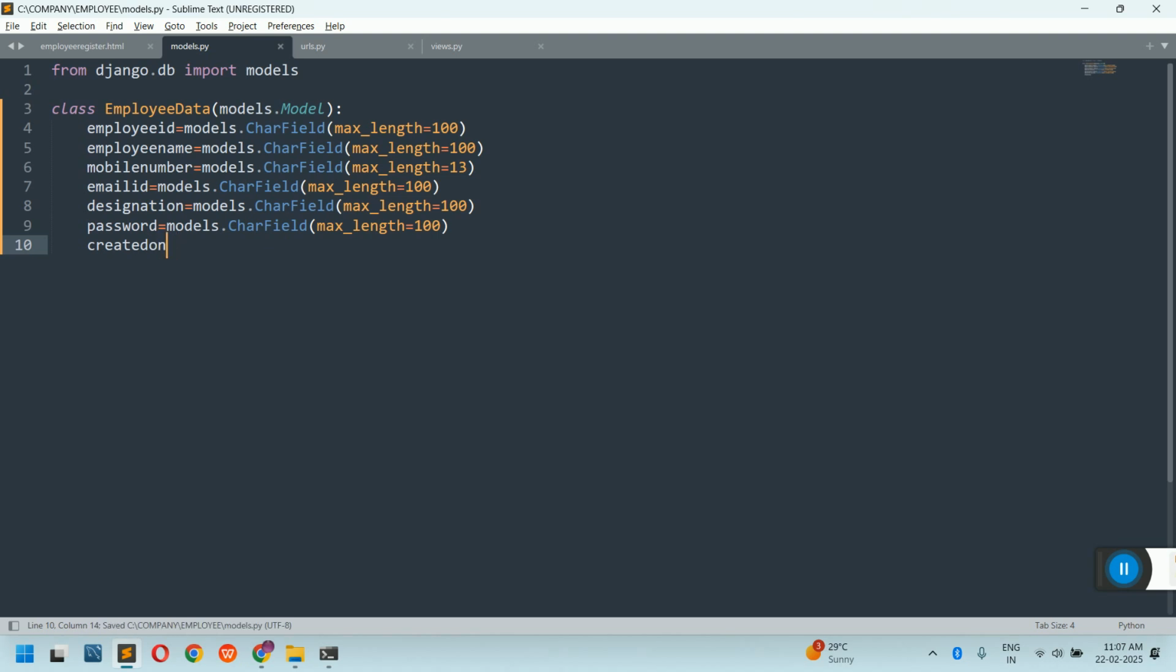Created on, I will create a variable and inside this same fields. This created on will tell me on which date the data was inserted. This is most important. Whatever form you create, whatever information you store, there are some basic things that you have